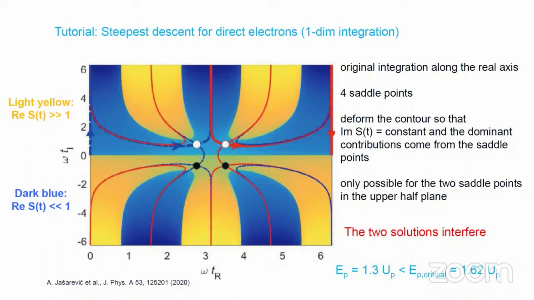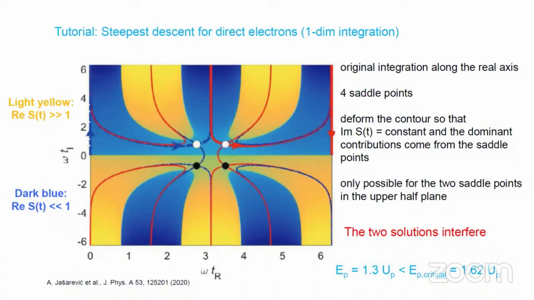Let me show you the direct electrons for a single electron in one dimension, where you can easily follow any step. The original integration contour is along the real axis right here. And here are the saddle points, four of them, which are complex conjugates. Now, what you want to do is to reroute the contour so that the dominant contributions are given by the saddle points. For that, you want to suppress the oscillations in the integrand,